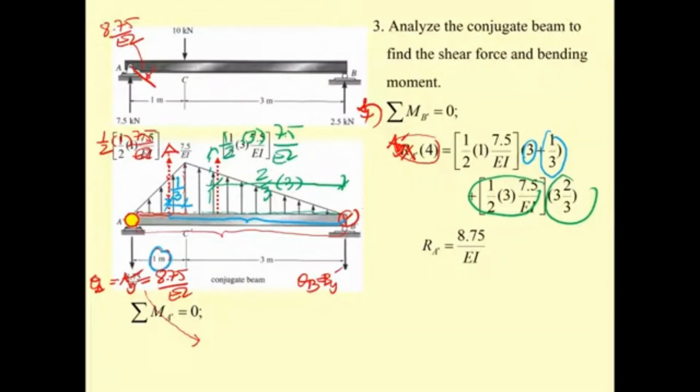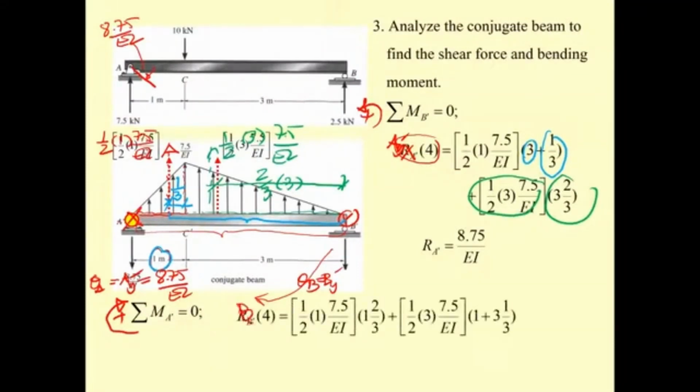And also, if you would like to determine the slope theta sub B, you have to take the moment this time about A, and the rotation of this is going to be in this direction. So I got this as the plus. Okay, that is going to be in the clockwise direction. Just take this one up. Okay, and what we have is, take moment about here, B sub y. Let me call it B sub y prime. Okay, B sub y prime times 4. And the other one, this is 1/2 of 1.75, and put it in the